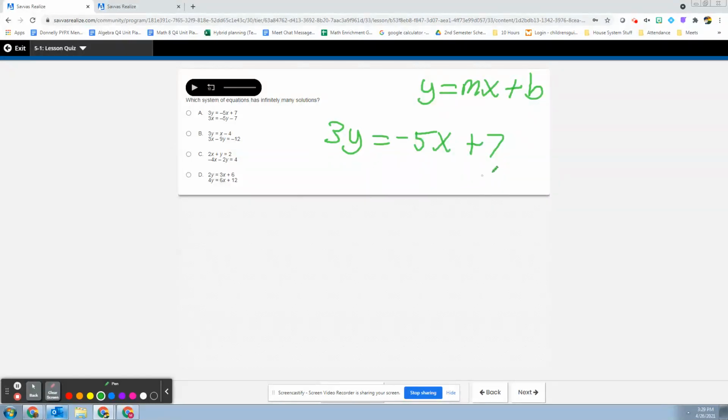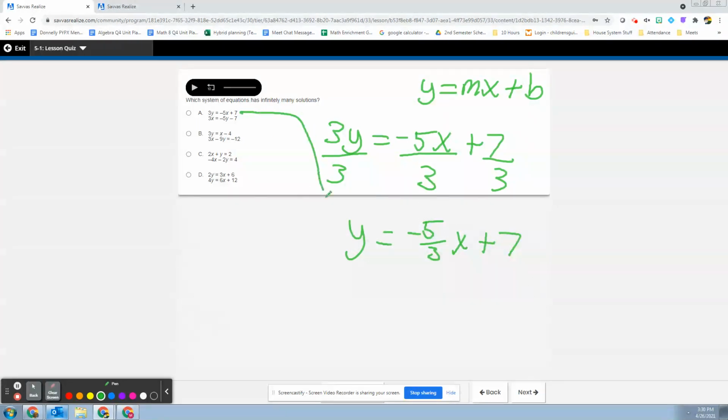You need to use properties of algebra, like inverse operations and doing the same thing to both sides, to write this in slope-intercept form. To do that for this, you divide both sides by 3, and you get y equals negative 5/3 x plus 7/3. Now, that's the first one. The second one,